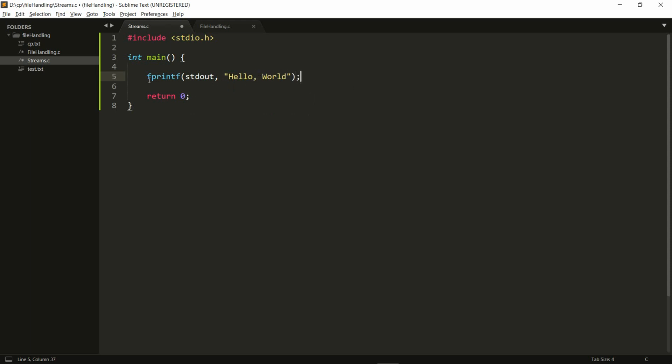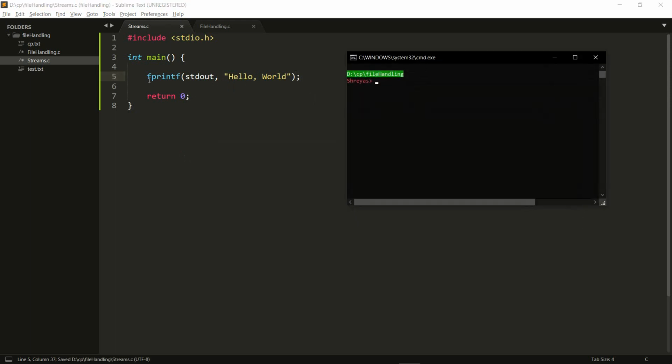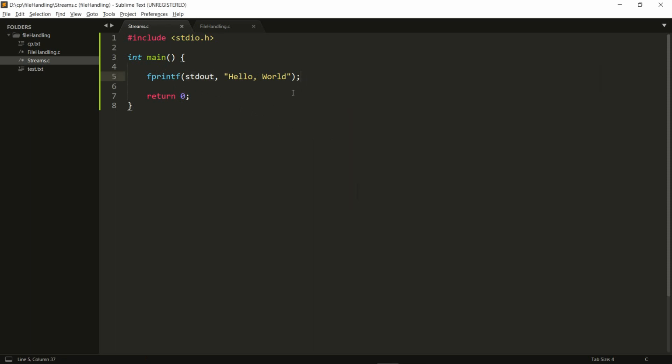Let's go ahead and try running this program. So gcc streams.c -o streams, and let's run this. As you can see, it prints out hello world. That's basically printing out to stdout.